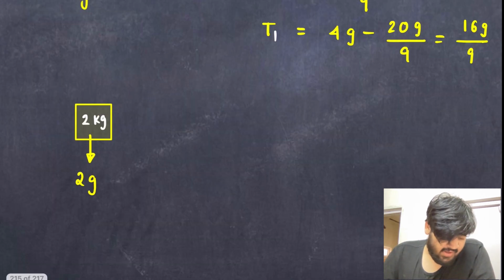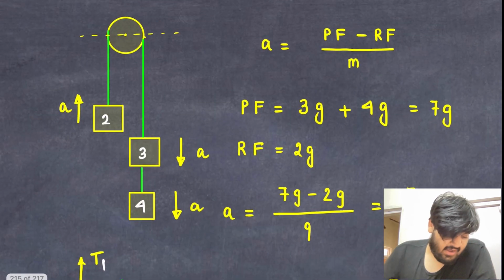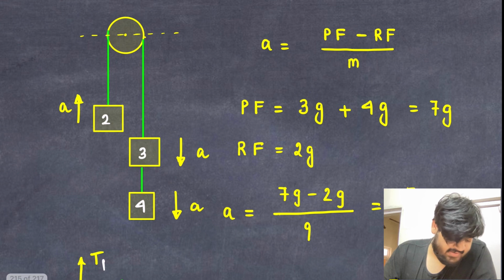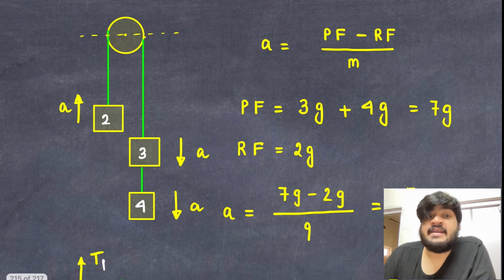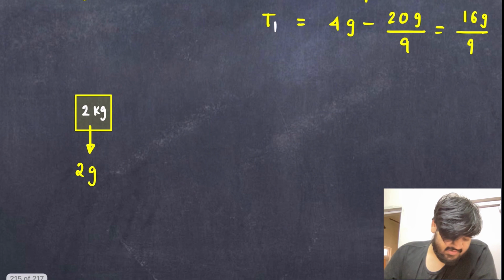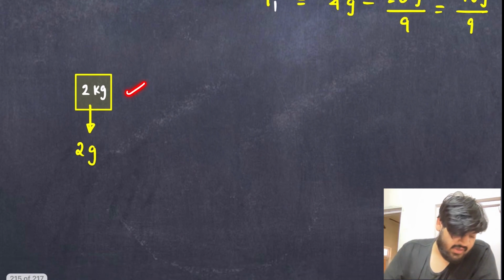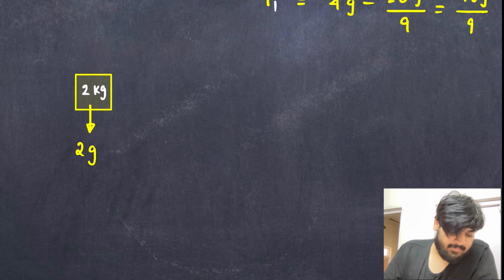Over here you can see that above the 2 kg block there is the string, which is actually passing over the pulley, right? And we know that string provides tension, and tension always acts away from the body. Away from the body means in this direction, so the tension will be in this direction. And suppose the value of the tension is T2.